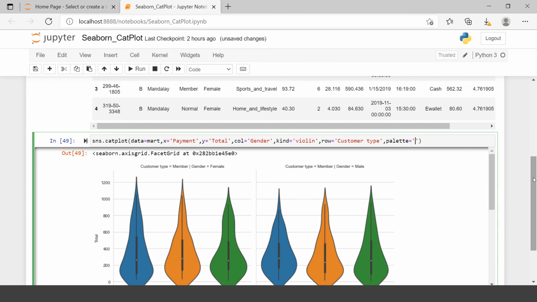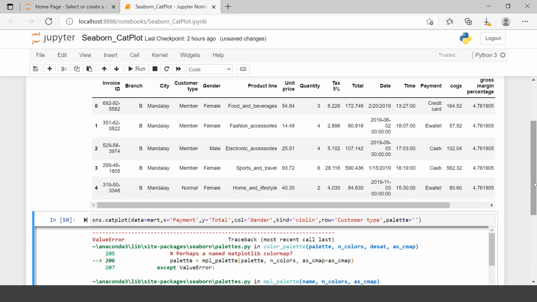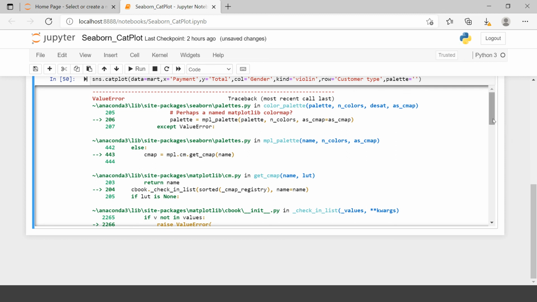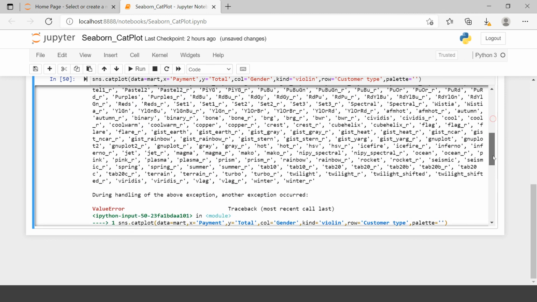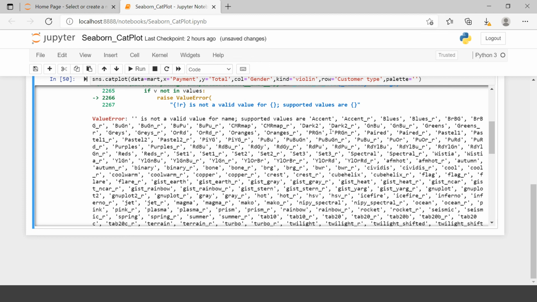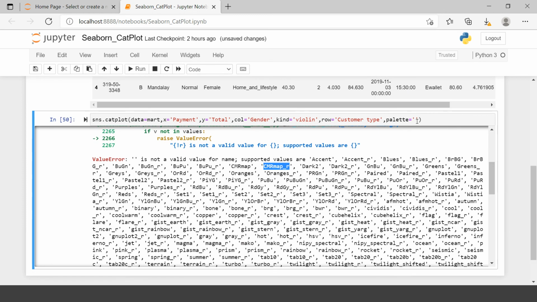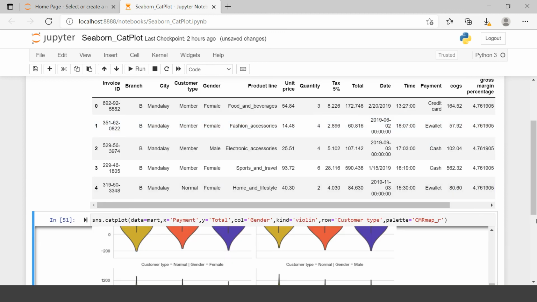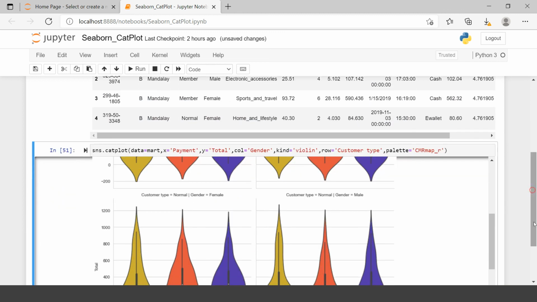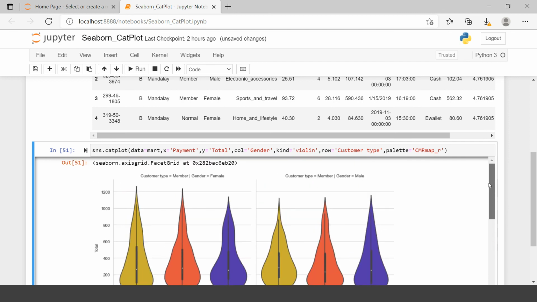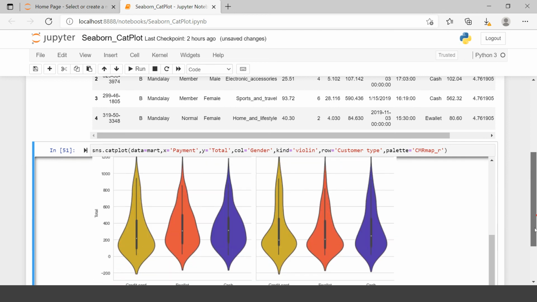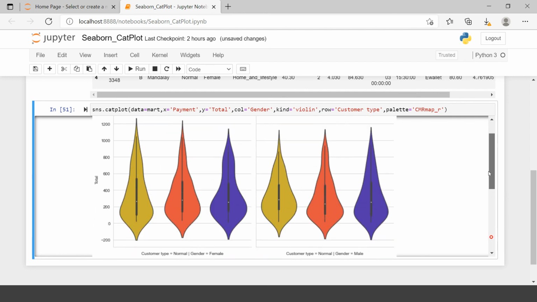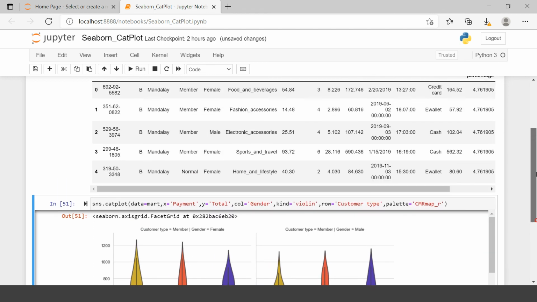Like we just saw, it's not giving you the error. Oh, it just gave the error. Let's see if it suggests the palette name. Oh, it's suggesting it, right? Let's try if this changes the color palette of our violin plot. Wow, this just worked. So here, in the same way as we learned in the previous videos, you can change the color palette.